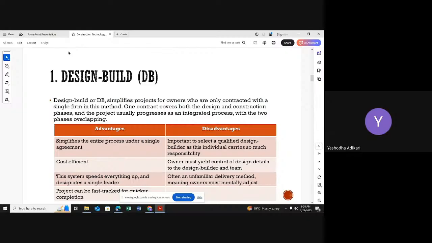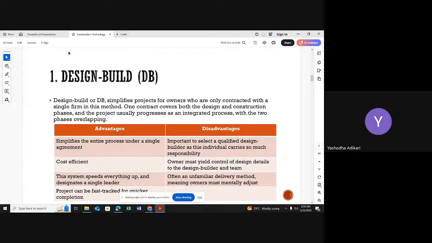For the design and construction, both parties are handled by one person, under one single contract, right? Sometimes it creates some issues. Imagine I want to include a new room, and my design team tells me it is not suitable to add at this moment, there is not enough space to add another bedroom. There is no different person for me to take advice from. Because of that, I have to follow that contractor's decision, that company's decision.